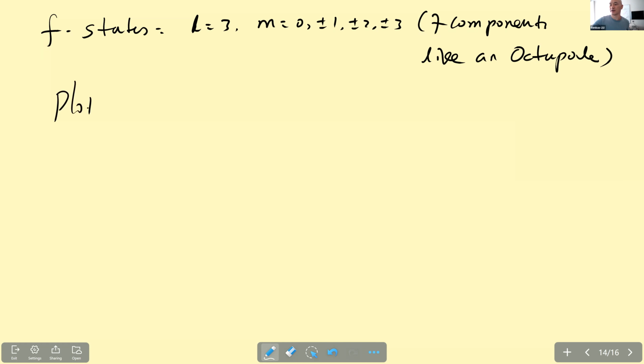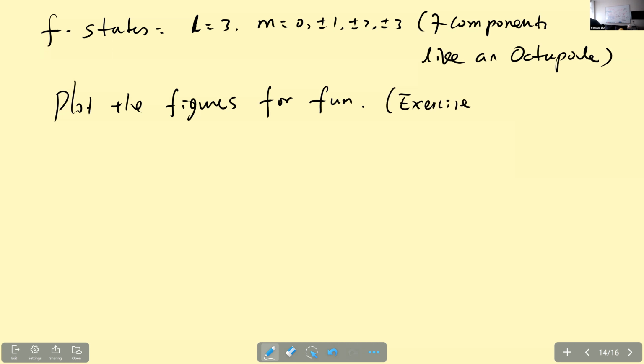So plot the figures for fun. Okay. And this is another exercise for you. Okay, just try it and just play these wave functions and play this like node surfaces and all of this one. For example, okay, I show one example: